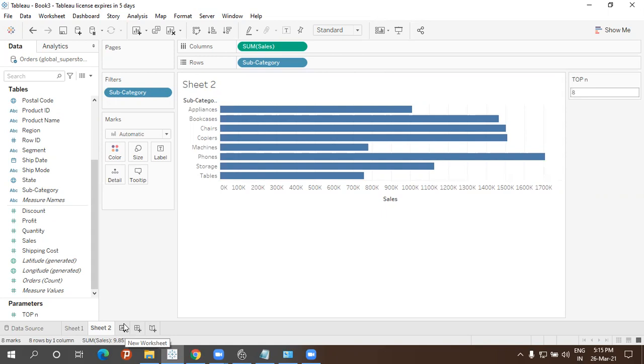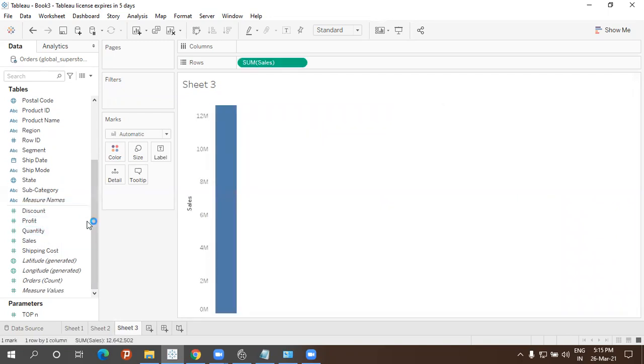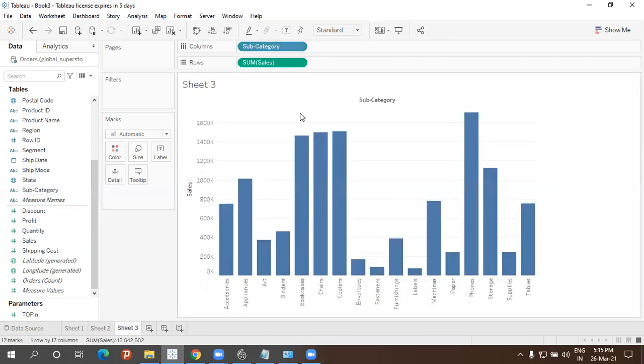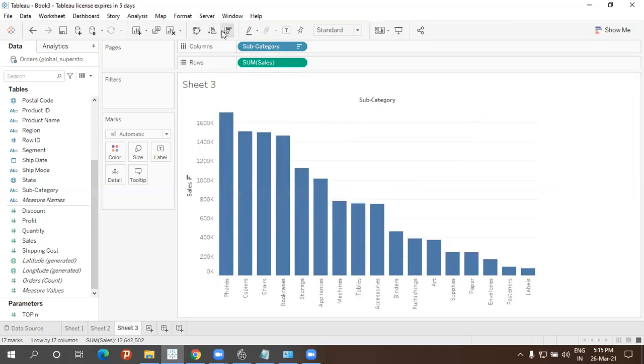Okay, so before doing that, parameters and sets, first let me explain separately what sets are. In simple view. So for example, let me take sum of sales based on subcategory. Okay, and let me make it like this.